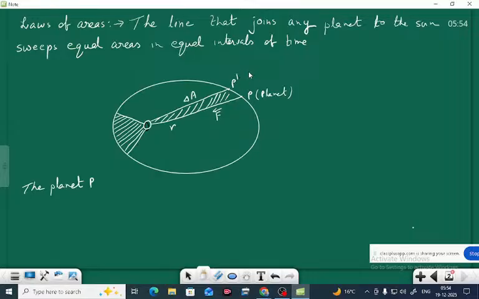Then we can see that at a particular point the velocity is always tangential, or perpendicular to the radius at this point. The velocity of the planet is tangential. The planet P, as shown in the figure below,